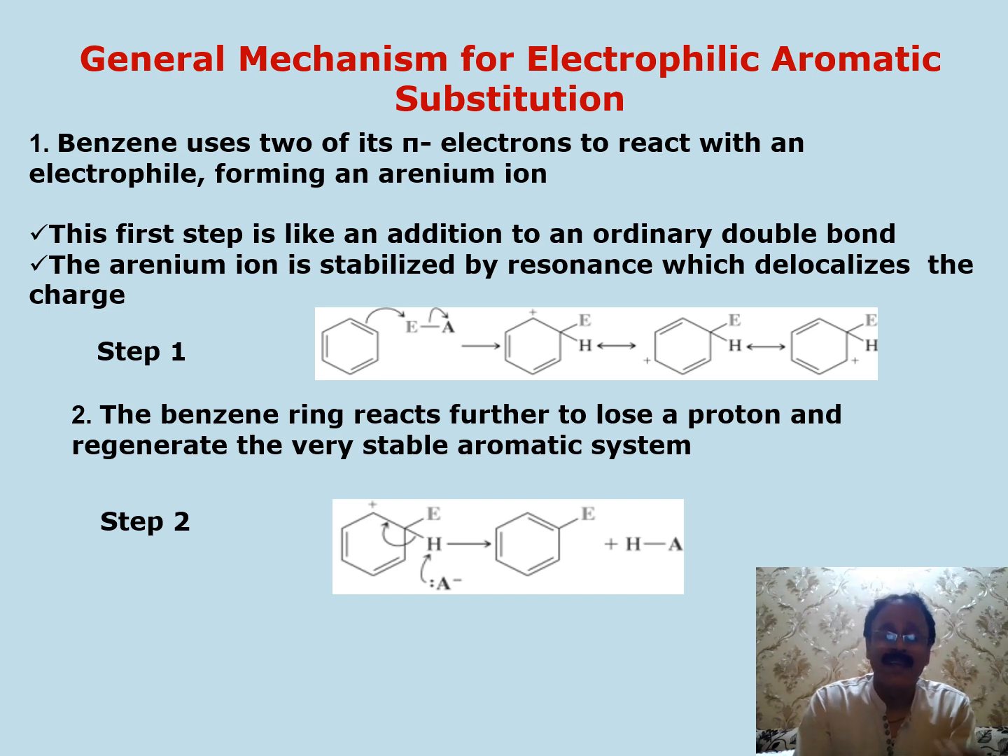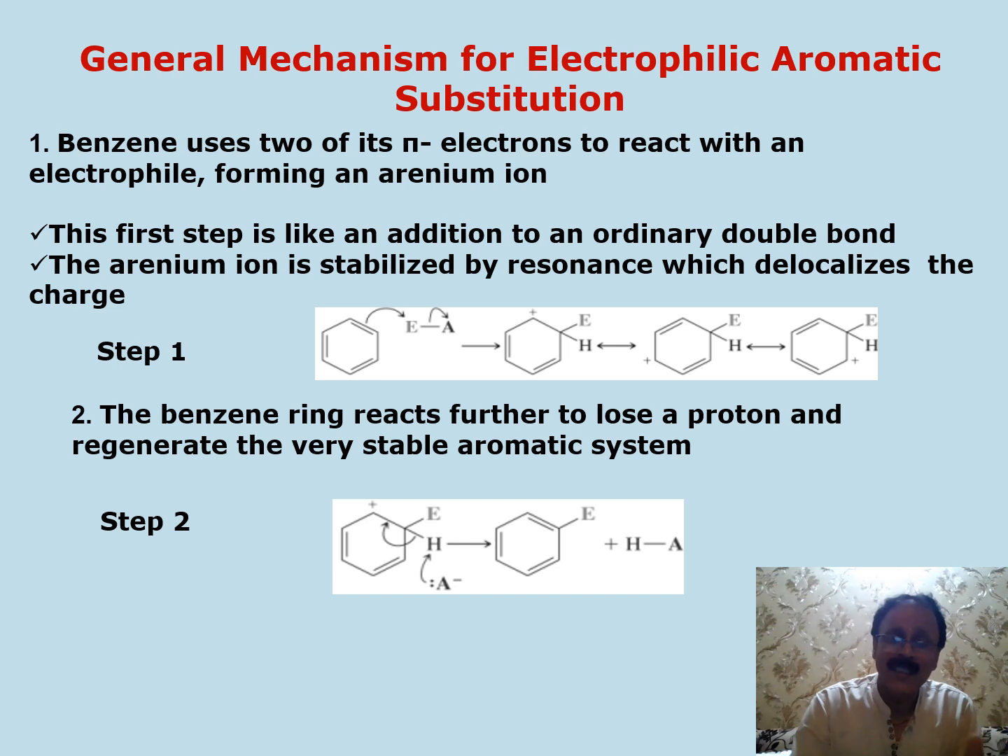Now, the validity of this mechanism can be proved if we use isotopic labeling. With the help of isotopic labeling, if instead of benzene we take deuterobenzene and compare the rate of the reaction of both benzene and deuterobenzene, we see that in both cases the rate of electrophilic substitution, whether it is nitration, halogenation, or sulfonation, remains the same. It means that removal of this proton, because in this second step there is removal of proton, and in deuterobenzene it is deuterium,